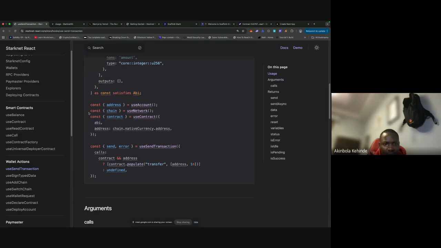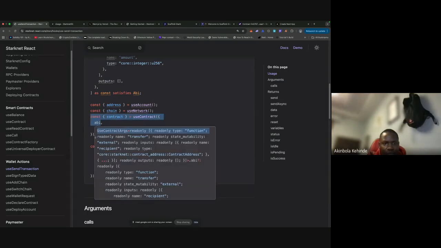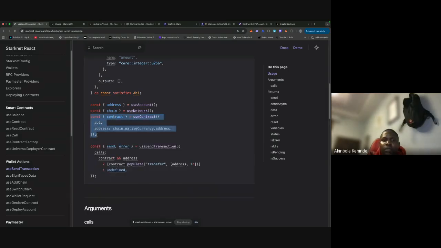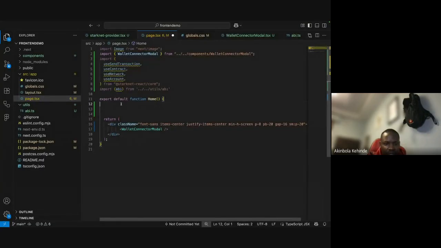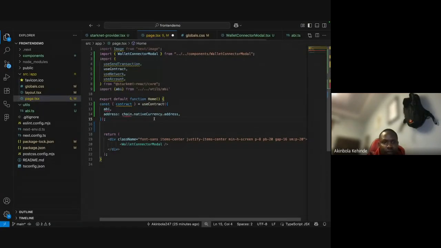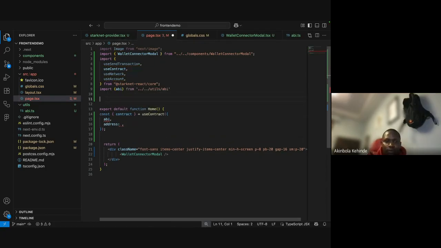It has two arguments that we're going to edit right about now. So this is going to be the address of the contract that we want to interact with. So I think we should just quickly initialize it here. So say const smart contract address